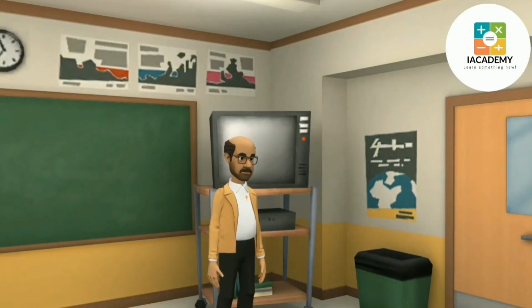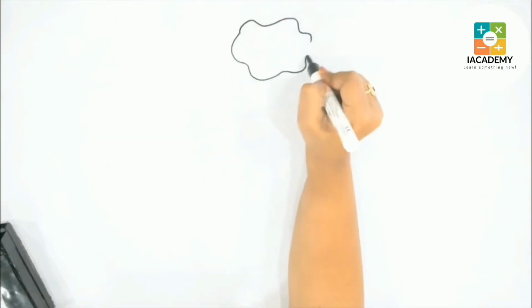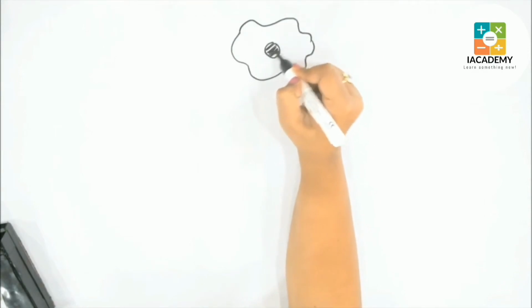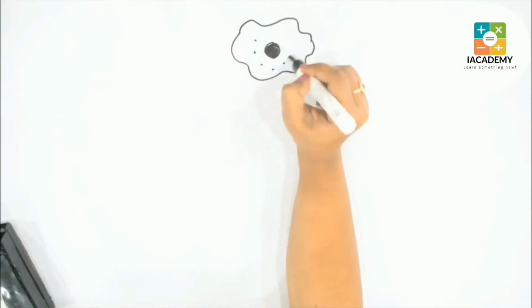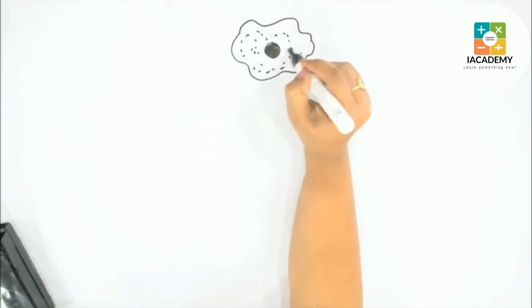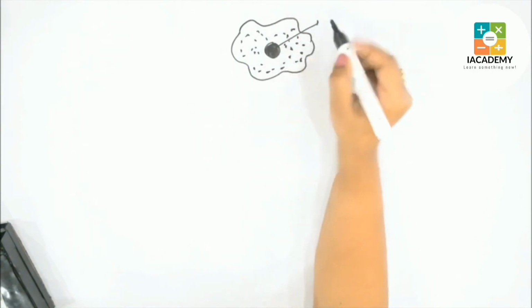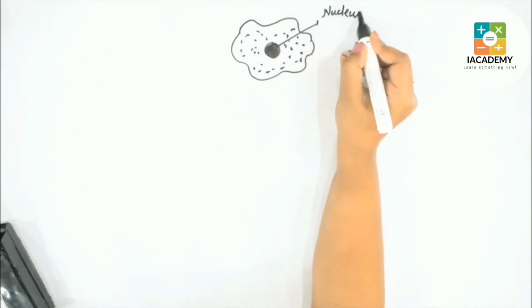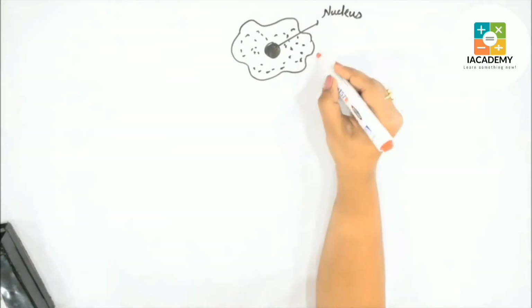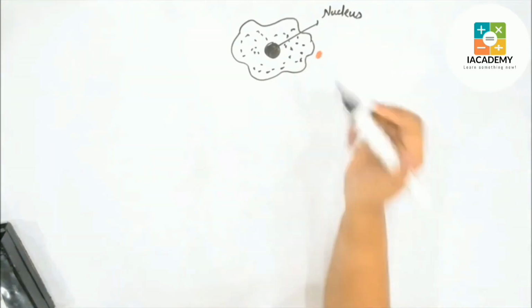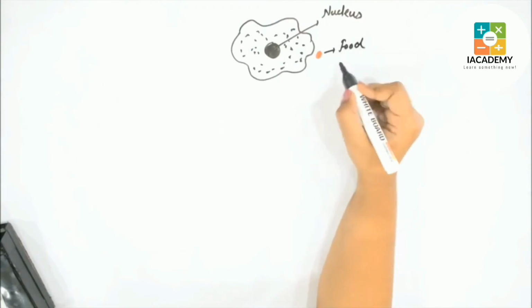Let me show you how amoeba grabs food particles with the help of a diagram. Amoeba is an irregularly shaped unicellular organism containing a nucleus and cytoplasm. This is your cytoplasm. Here we are concerned with the nutrition in amoeba. For nutrition in human beings, you can see the video of the alimentary canal. The red color is your food particle, to make the nutrition clear to you.